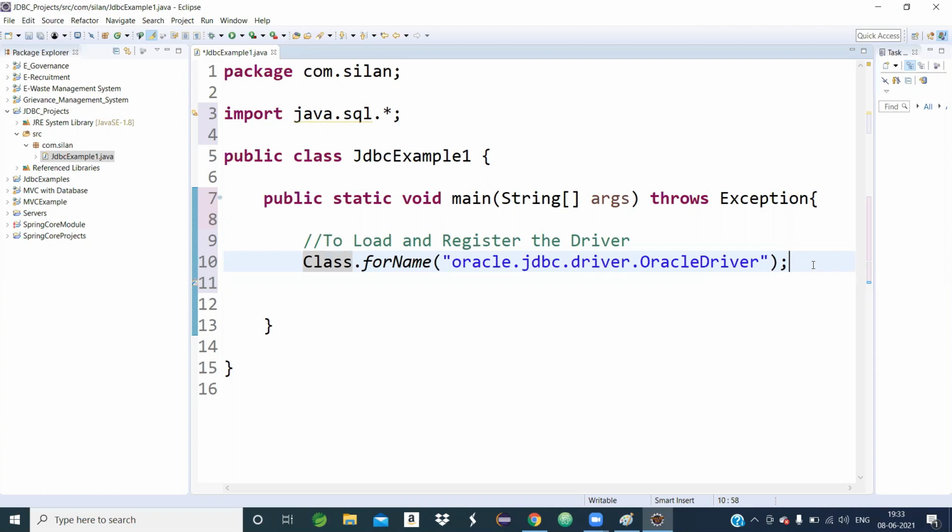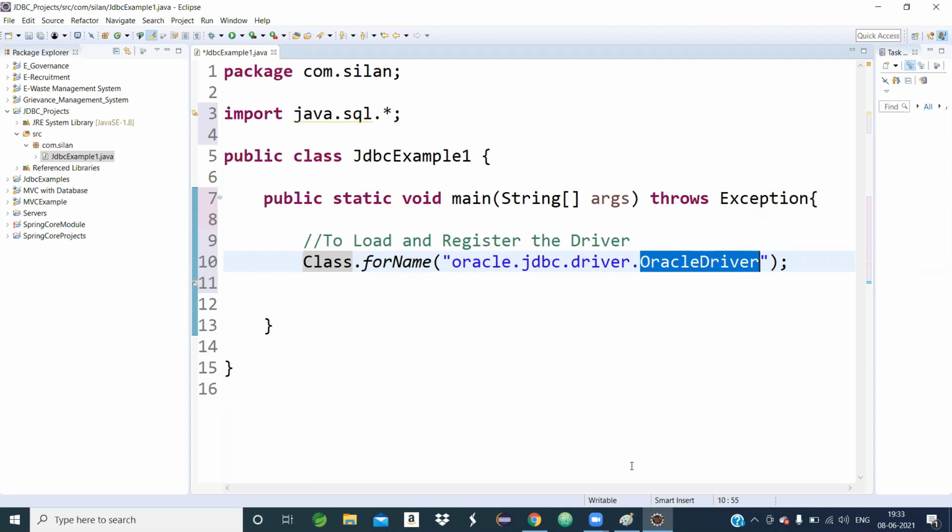So you give the answer to the interviewer: sir, there is a method named forName, invoked by a class named Class, where C is uppercase. The forName method takes a parameter, an argument, that is OracleDriver.